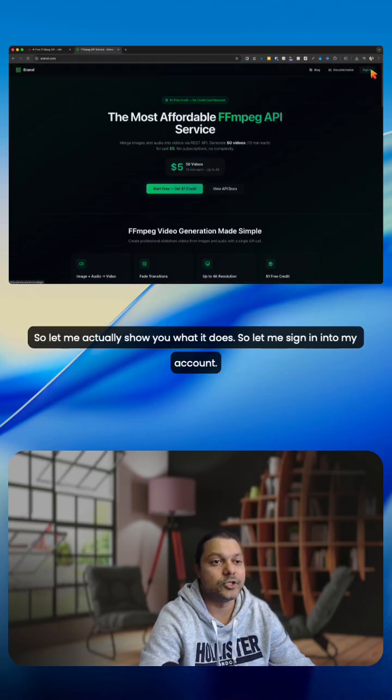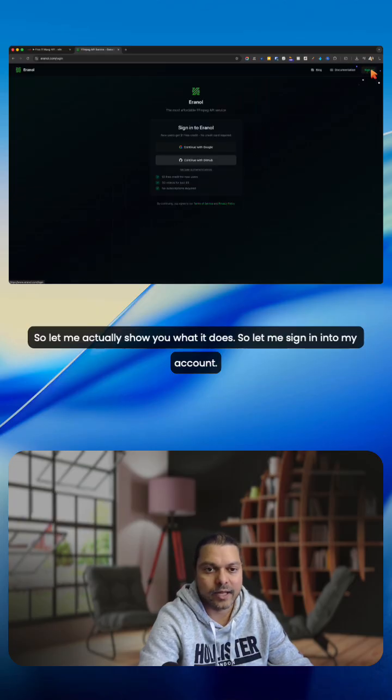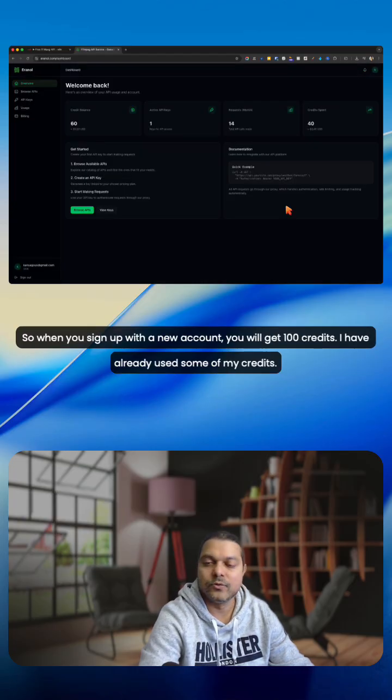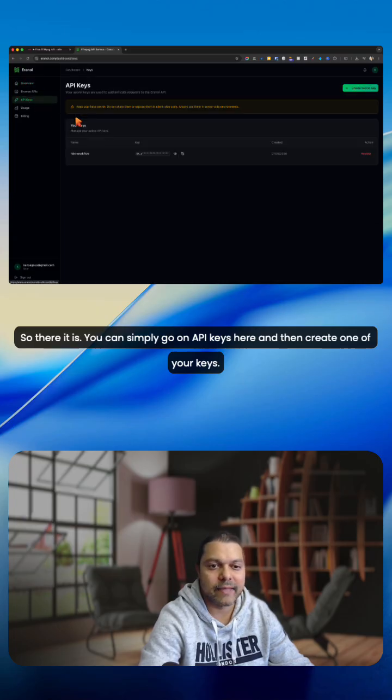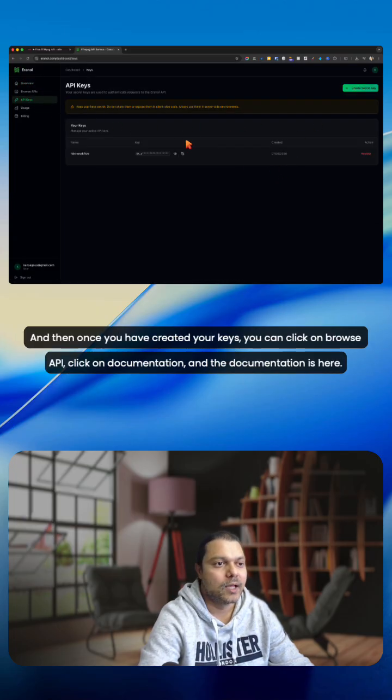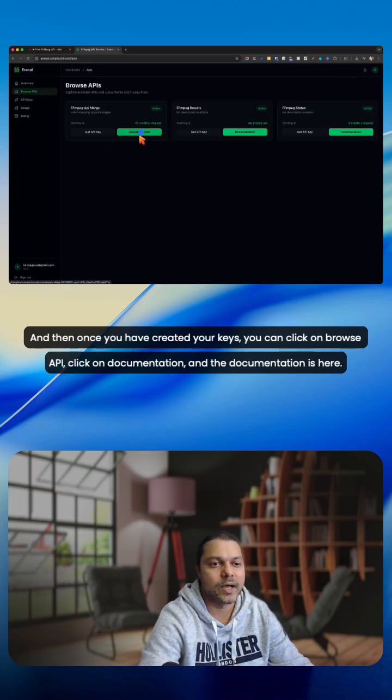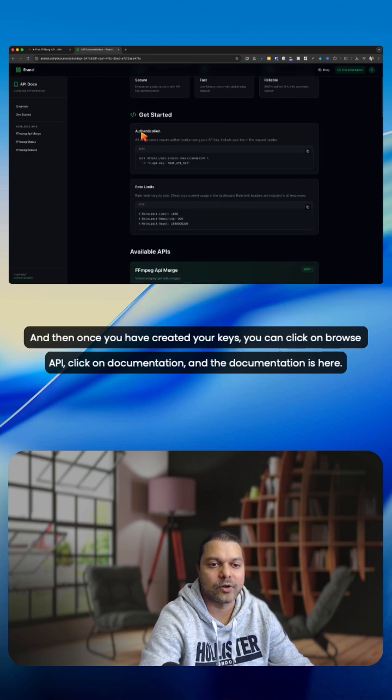As it's so simple, it is also straightforward. So let me actually show you what it does. Let me sign in to my account. When you sign up with a new account, you will get 100 credits. I have already used some of my credits, so there it is. You can simply go to API keys here and create one of your keys. And then once you have created your keys, you can click on browse API, click on documentation, and the documentation